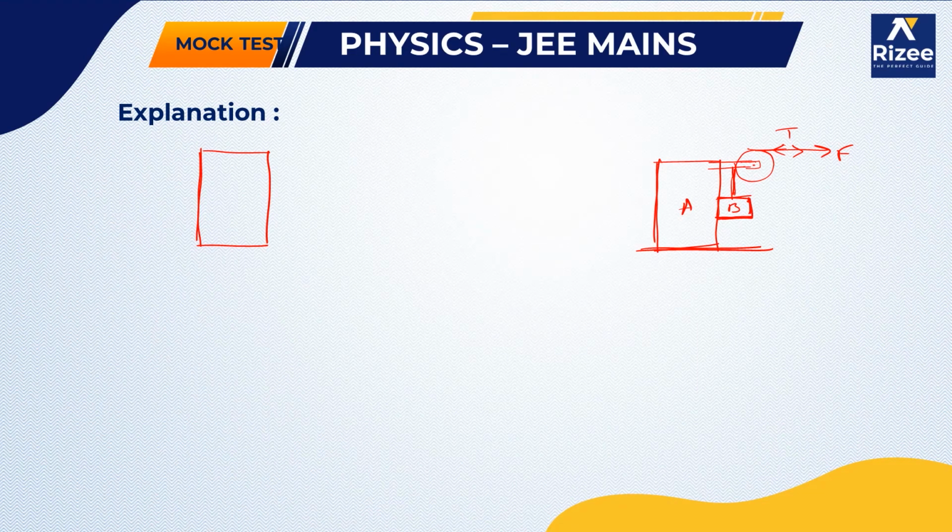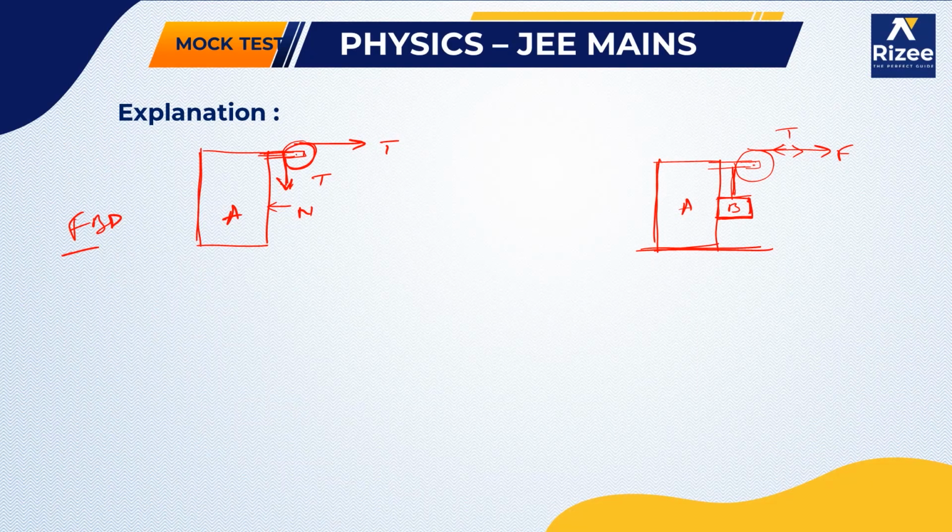If we go for the free body diagram of the block A, there are two forces acting on this particular thing. Since the pulley is connected to this one, the tension T will be acting in the horizontal direction, and there is a vertical T also. Now if you put down the equation, the normal reaction that will be pressed by B on this one is here. This is your normal reaction.